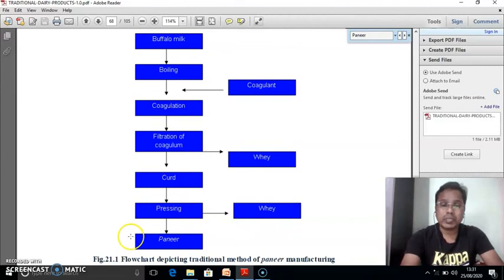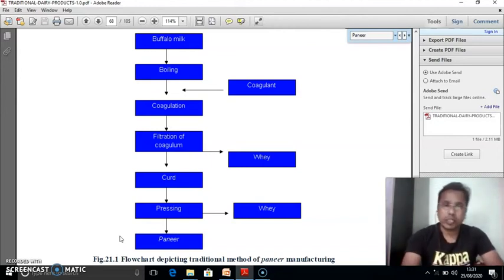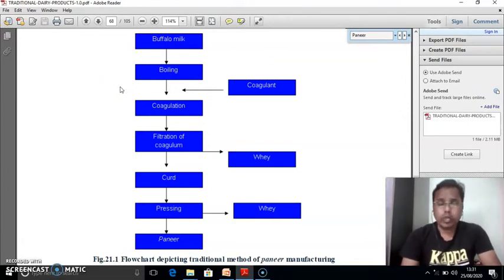the mass should be transferred to cold water or chilled water for half an hour. It should be kept as it is for half an hour. It should be immersed in that cold water or chilled water for half an hour. After this, remove that mass or curd, and that mass or curd is called the paneer. So this is the traditional way of preparation of paneer. So try at home to prepare the paneer.